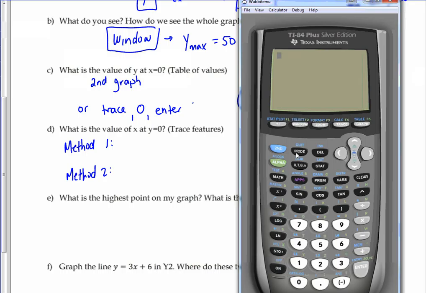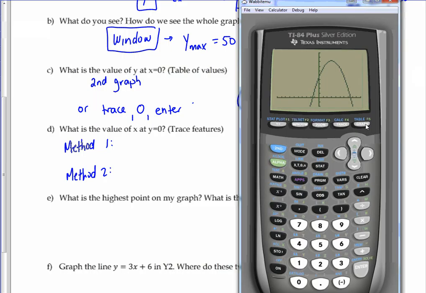So let's talk about when you know your y value and you want your x. That's a little tougher. Does anyone have any ideas of how I could find my y-intercept on my graphing calculator? Table, sometimes that'll work. If it works out to be a decimal, it won't. Okay, here's my two methods. Sorry, not my y-intercept, my x-intercept. If I want to know my x-intercepts,